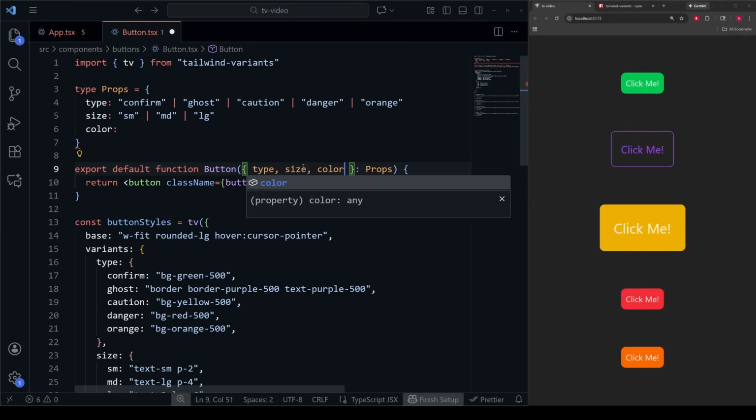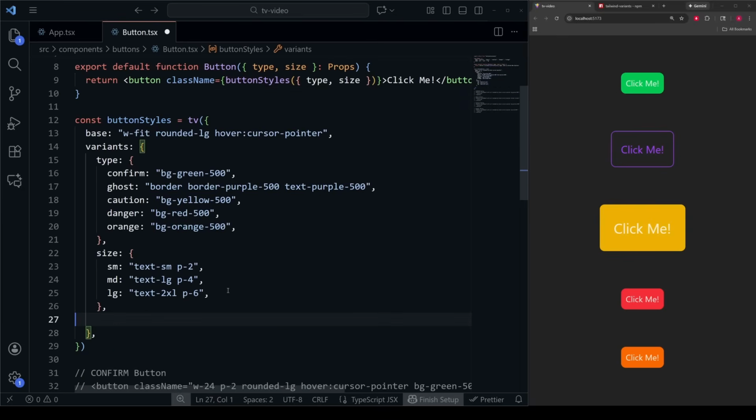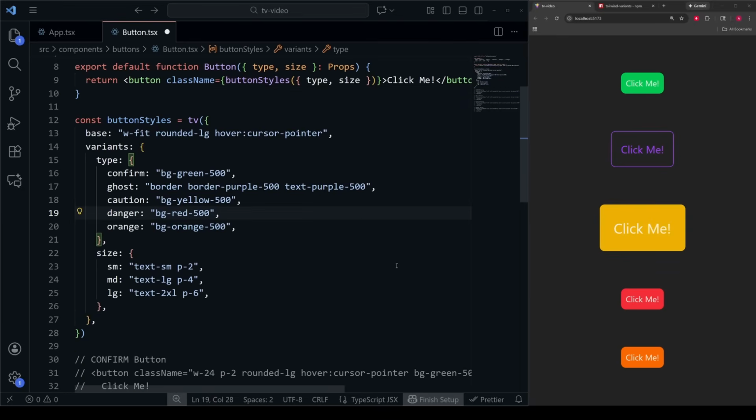I'll have to extract this out. Then I'll also have to pass it through just like this. And this is going to get really annoying over time, having to do it explicitly every single time we want to add something. If you want a super quick, super easy, type smart way to make sure all your variants